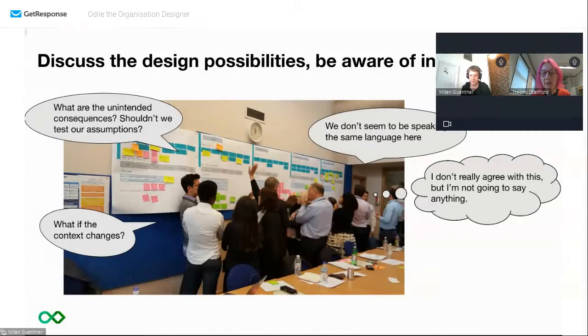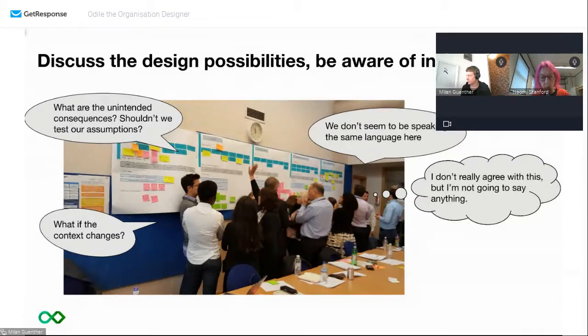And then you've got the people who aren't really going along with it, who aren't going to say anything. How do you find that out? One of the skills of a good consultant is listening attentively to what's being said, but also trying to notice what's not being said. And this is where often face-to-face is quite a lot more helpful than online or trying to do things through email. So getting to the detailed design framework is really, really critical and takes time.